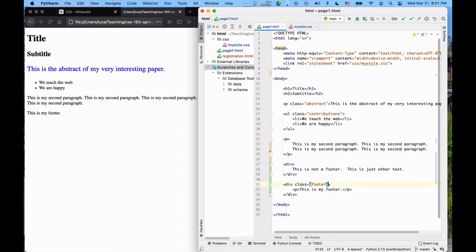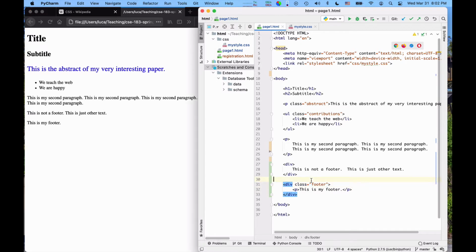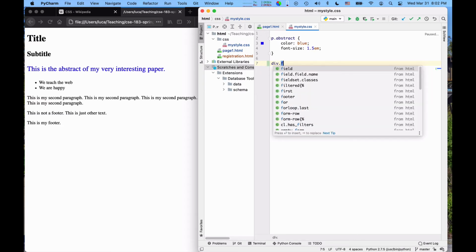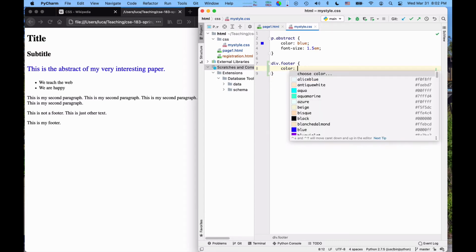So now this div has class footer, but of course it's still not rendered as a footer, right? I haven't defined any style rule that applies to it. So how can I define a rule that applies to this div and not to the one above? Well, if I go into the style, I can do it by saying div of class footer, okay, and I may want to say that the color of the text has to be not quite black, maybe dark but not completely. So I can say color.